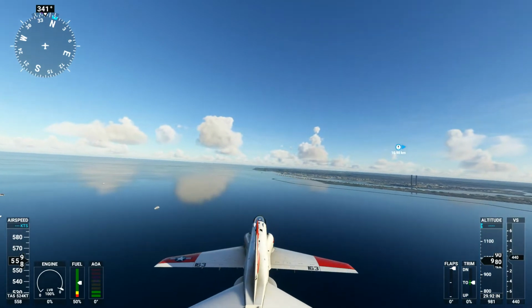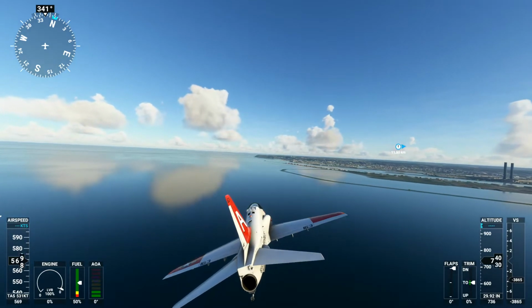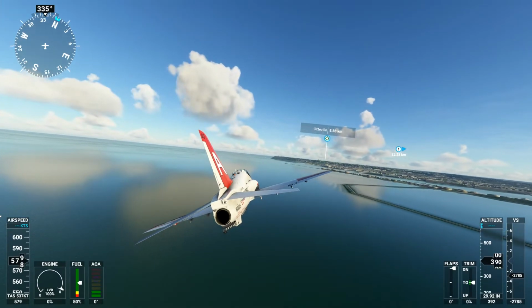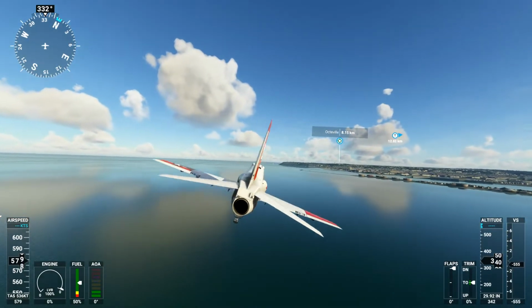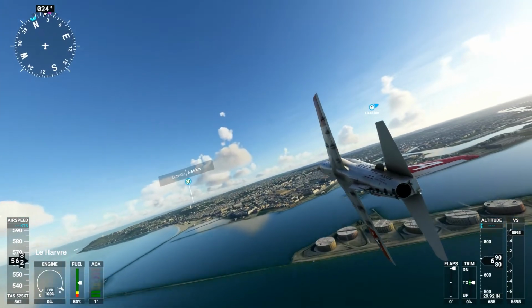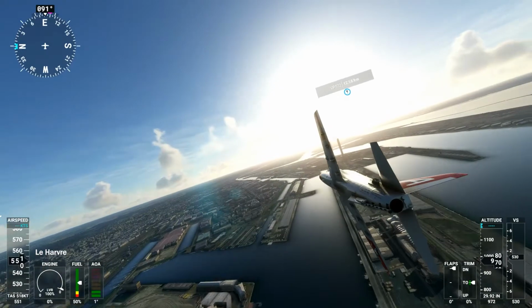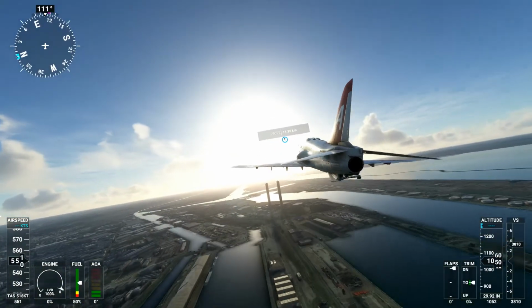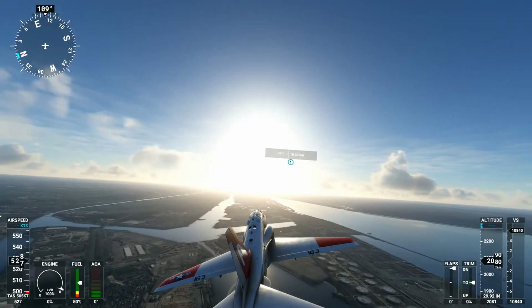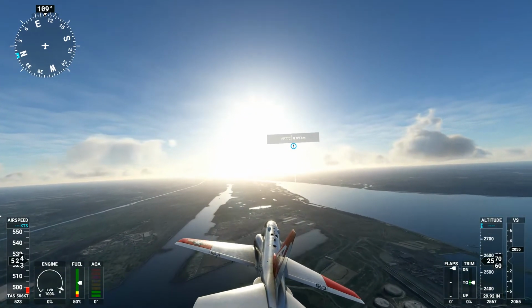There's LeHavre itself. As you can see, about 1,000 foot up we are. We'll come round and have a look. Again, much the same, turn, pull, tight. There we go, so there's LeHavre here. Impressive. And just below us, to the right, is the Seine. So we'll...